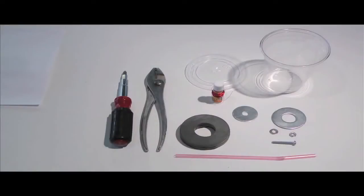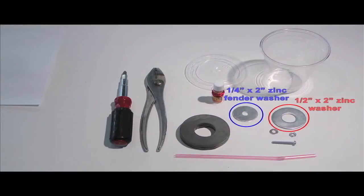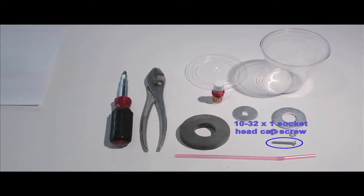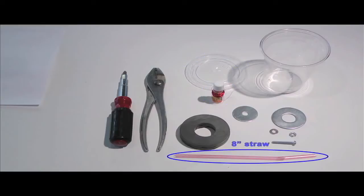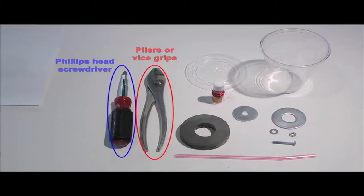Here we have all the materials you'll need to build your microphone laid out. You'll need 2 ceramic ring 1/2-inch thick magnets. In our photo, these are already taped together with electrical tape, something you'll need to do. In addition, you'll need 1 1/4-inch by 2-inch zinc fender washer, 1 1/2-inch by 2.5-inch zinc fender washer, 1 1032 metal washer, 1 1032 hex nut, 1 1032 by 1 socket head cap screw, 30 feet of 32 gauge magnet wire wrapped around something tubular, we used a tube of chapstick, a plastic straw, and a 20-ounce plastic cup with a lid. You may also want to have a screwdriver and some kind of vice grip handy to help with